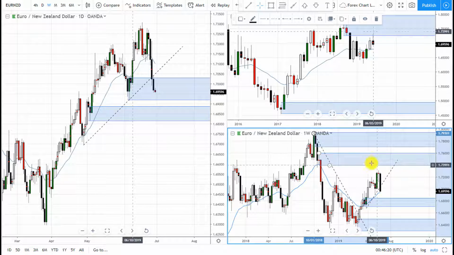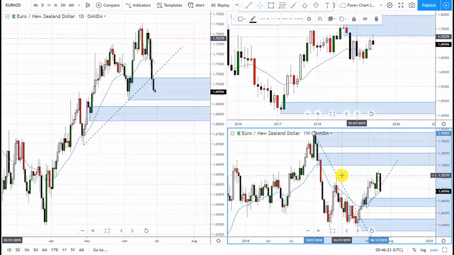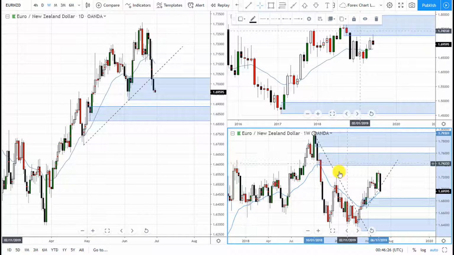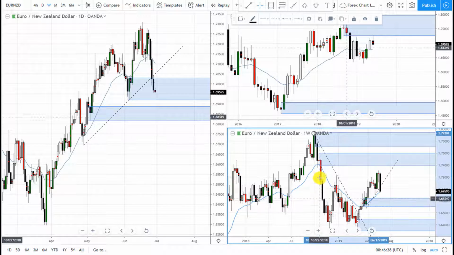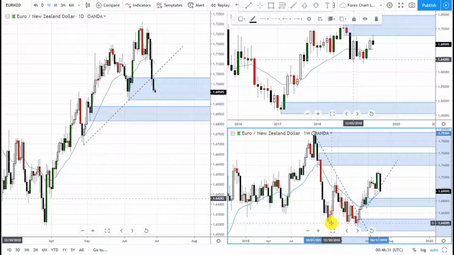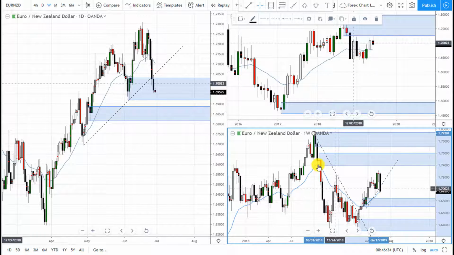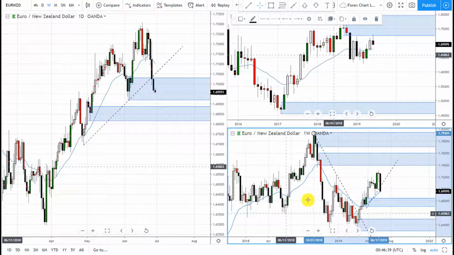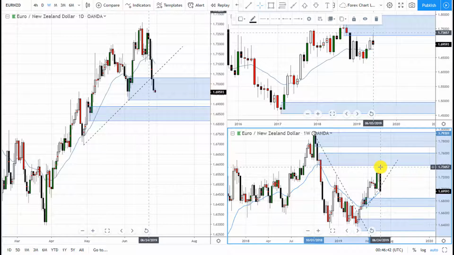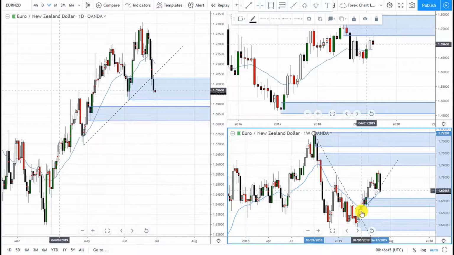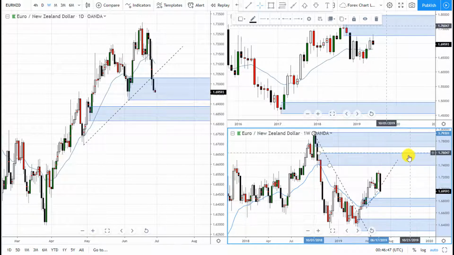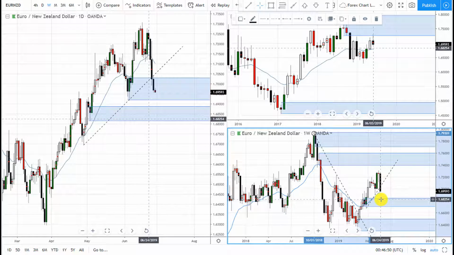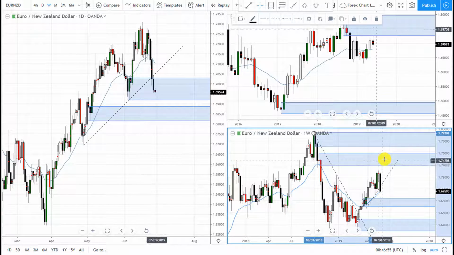We don't want to short this zone, but we also don't want to neglect it if it is a valid supply zone, because it made these 3, 4, 5, 6 huge wide body candles that obviously took out a lot of demand zones to the left here. So we don't want to ignore it, but we don't want to trade it just because it's less odds when we have a reversal that happened already that created 1, 2 demand zones. So we don't want to trade this one, but we do want to acknowledge that it's there,